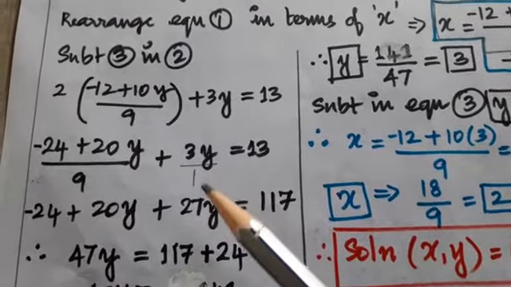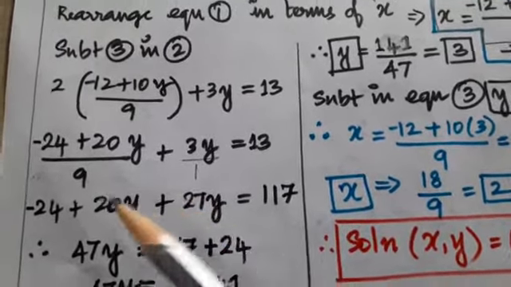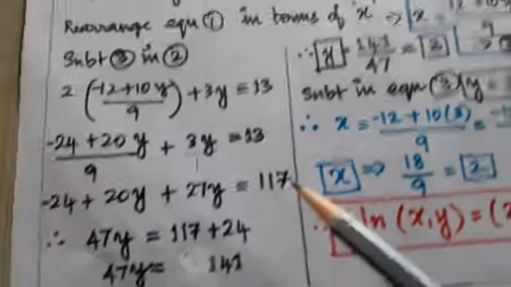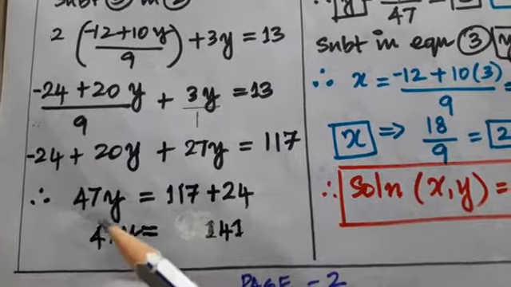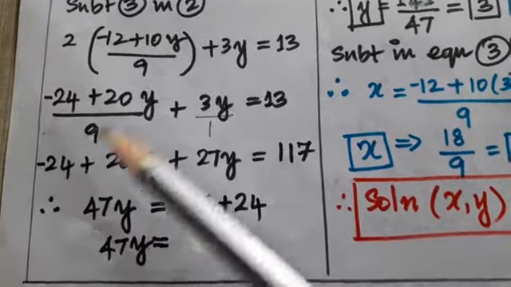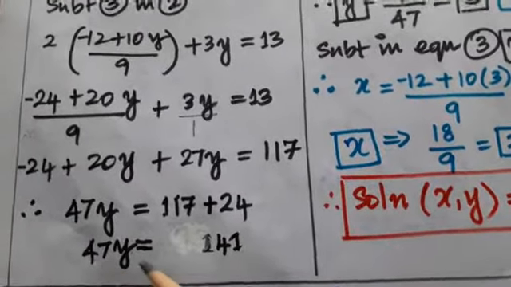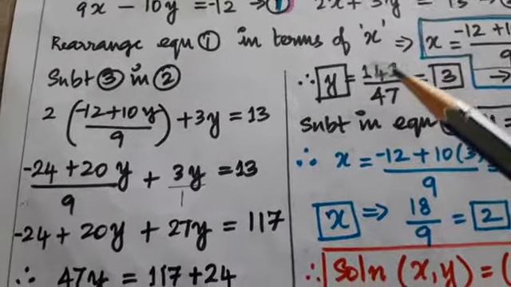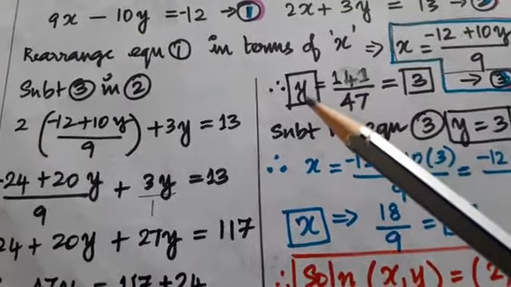So when you cross multiply, here 1 is there, you have to multiply by 9. So 3 should be multiplied by 9. So 27y. That is equal to, cross multiply here, 13 into 9, 117. Now simplify this equation. 47y, I am adding 20 plus 27, 47y. That is equal to, already 117 is on this side. Take this minus 24 to the other side. So it will become plus 24. So totally we are getting 47y equal to 141. Therefore y equal to 141 upon 47. So 47, 3 times, it will give you the y value.